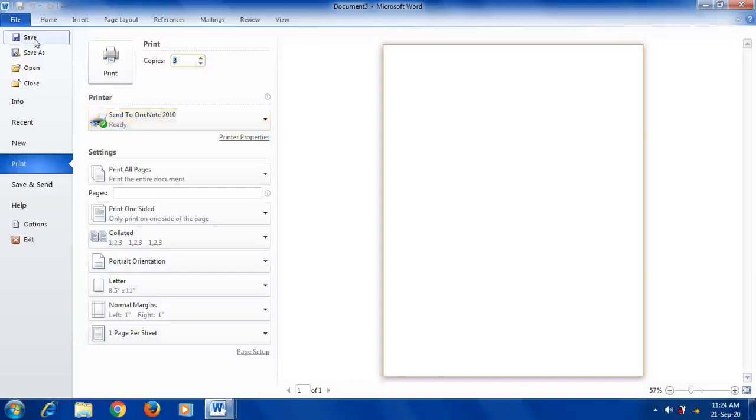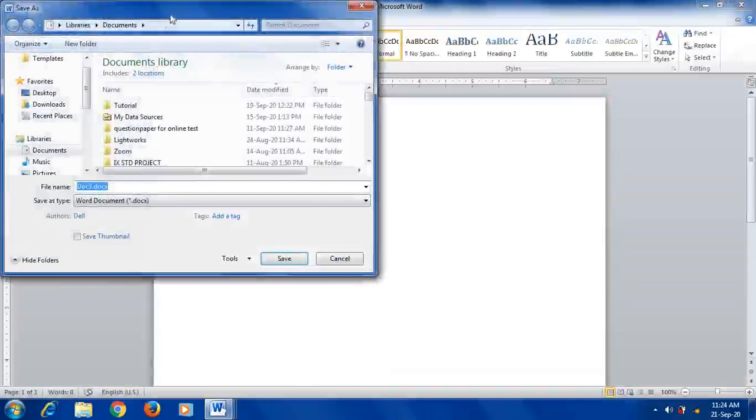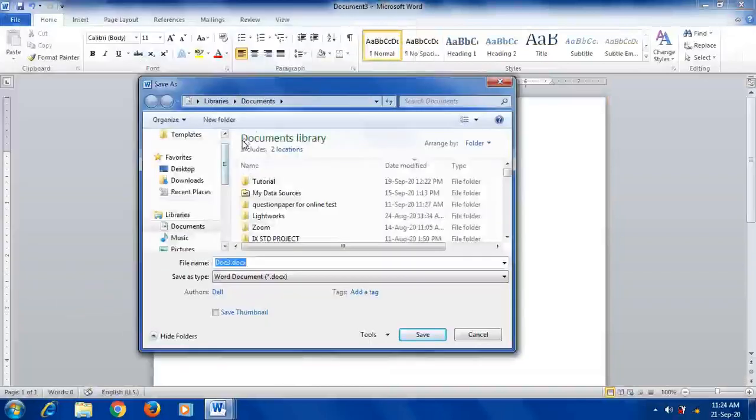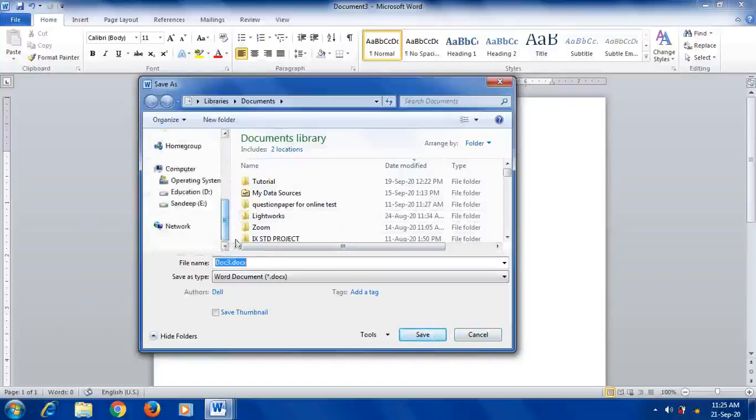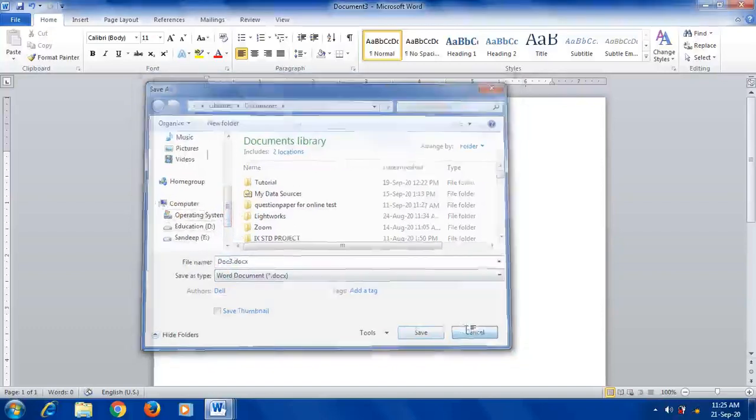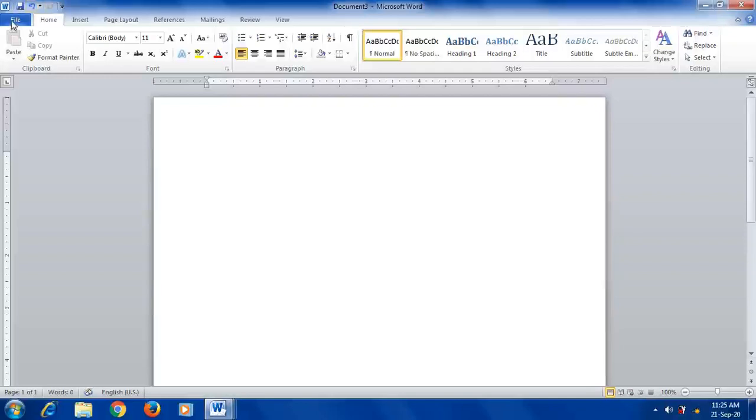Next, the save option is given here. When you click on the save button, this file gets saved. When you click on save, you get the save as dialog box. In this file name box, just type the name and click on the save button. So the file gets saved in your system. Now if you want to choose a location, you can choose a location. If you want to save in your other drives in your system or pen drives and all, choose the location and click on save. The file gets saved in that location.